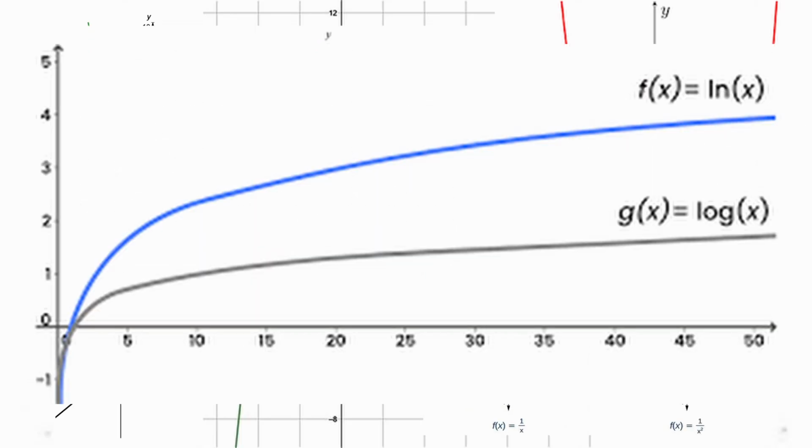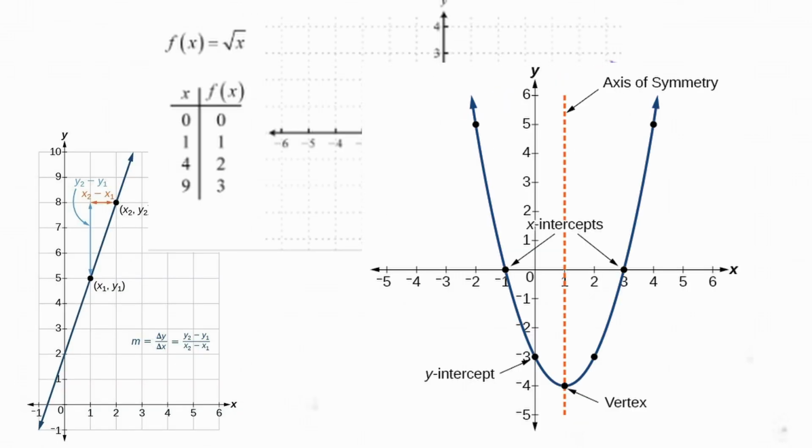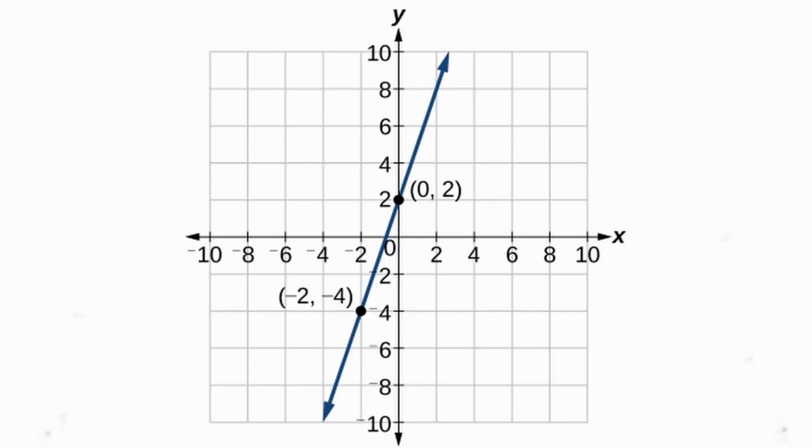Functions. A relationship or expression between specific inputs and their corresponding outputs, or in plain English, a bunch of dots that follow a predictable pattern. Functions are cool in that you can only have one possible output, the y value, for every input, the x